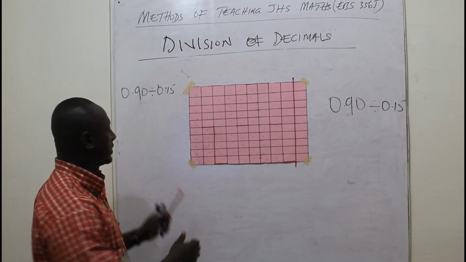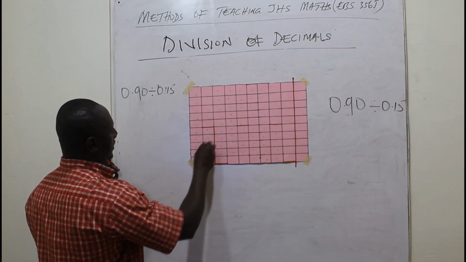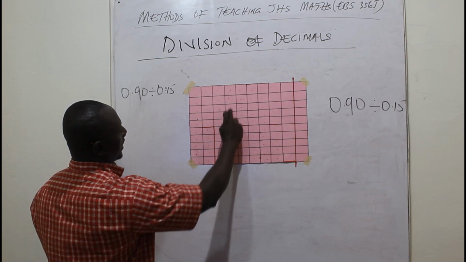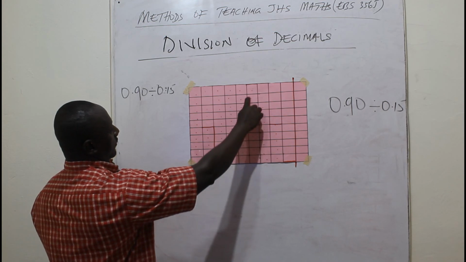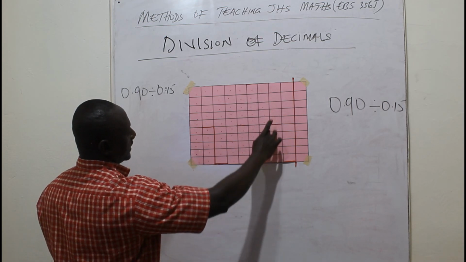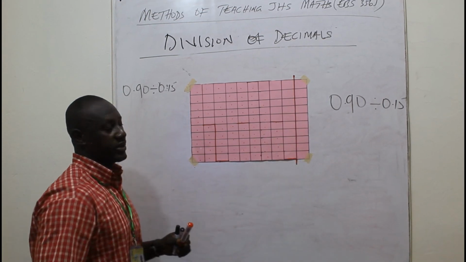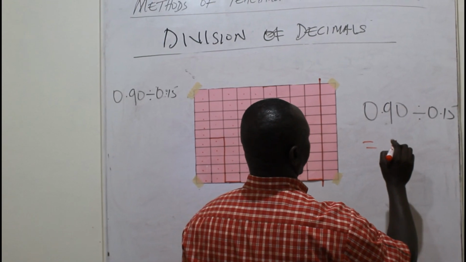The first one ended here, 1. The second one, 2, the third one 3, the fourth one 4, the fifth one 5, then 6, which means that 0.90 divided by 0.15